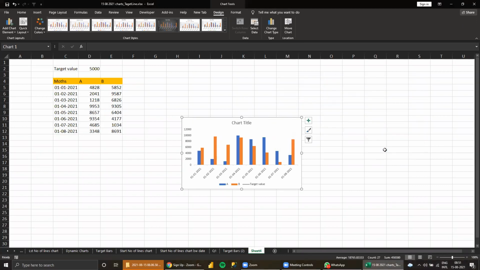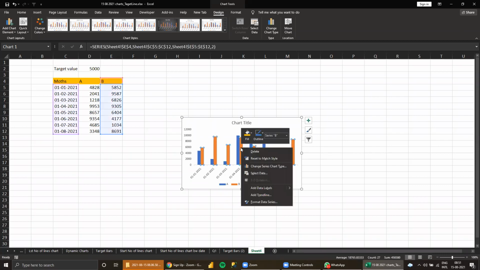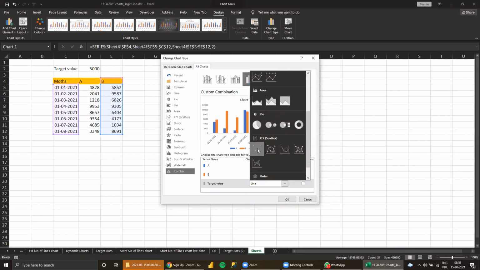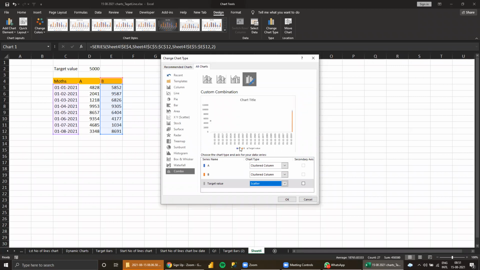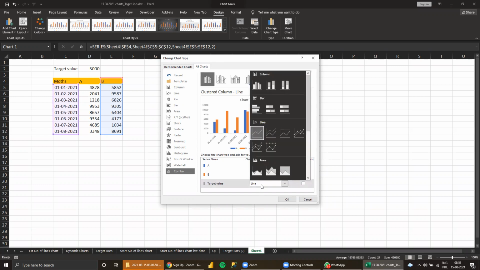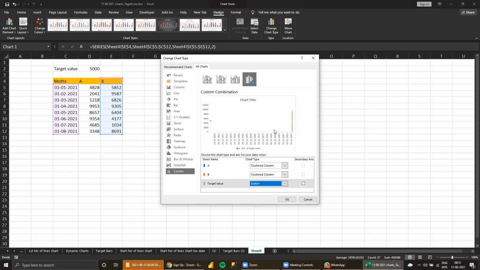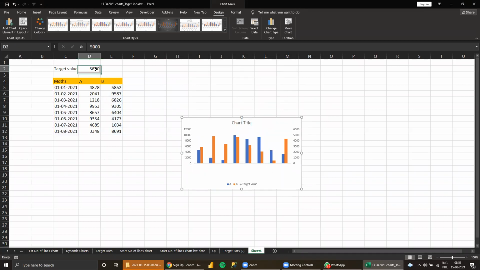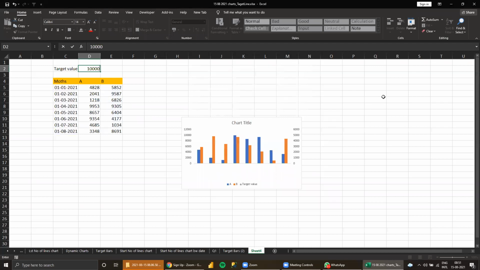This correctly. Then chart series. So I select this. For this, I'm stuck.